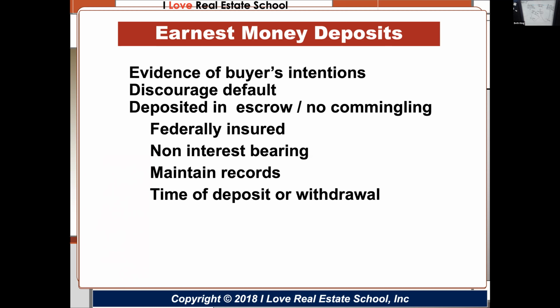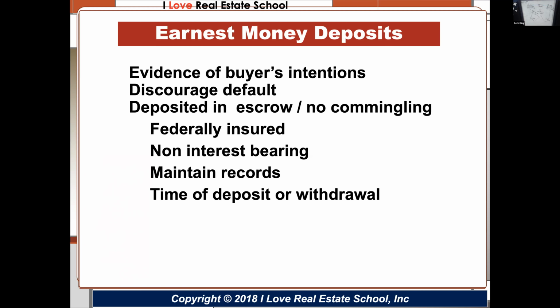Drop to the next paragraph, last sentence. Escrow reconciliations must be completed within 10 days after receipt of the monthly bank statement and must be kept for a minimum of 5 years. Then drop to the last paragraph, first sentence. Sponsoring brokers are strictly prohibited from commingling, that is, mixing their own funds with funds in a special escrow account, except for the purpose of maintaining a minimum running balance required by the depository. All right, so